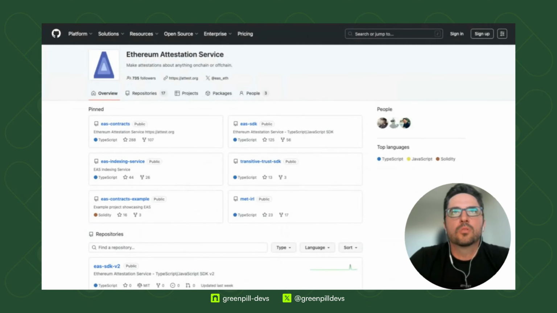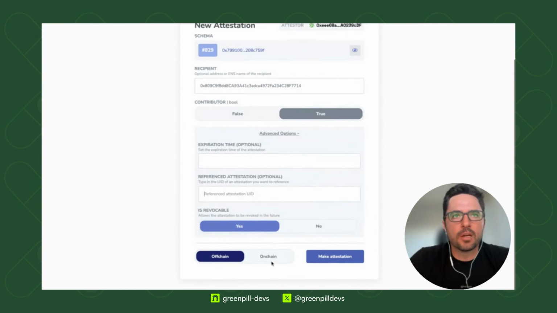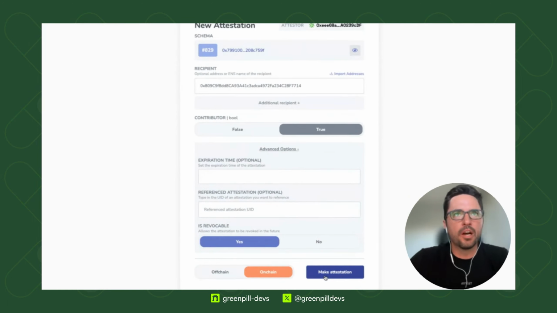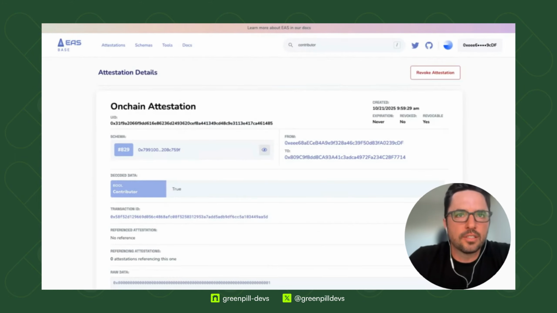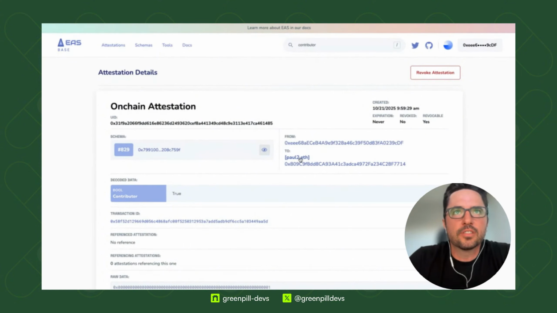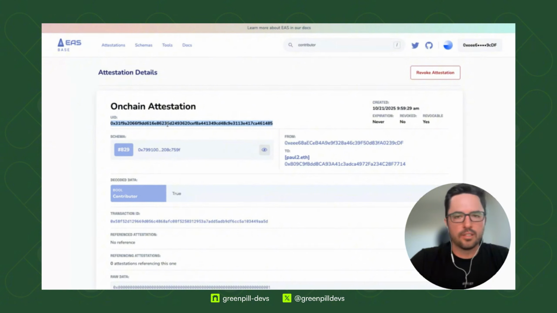Now, where was I making that? I think I lost it. Oh, here it is. You can make them off-chain or on-chain, as I described before. Making off-chain attestations, you just get an object that's completely private, and it can be stored wherever you want. It's just a JSON object. So just attest to it, and then we'll see that the attestation gets registered. It's just this address attested to Paul, that he's a contributor, true. And then I can revoke it. Let's just say Paul's malicious in some way, or he's graduated from a contributor to something else. You can revoke it and reference this attestation as needed.